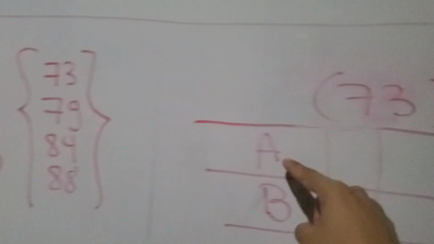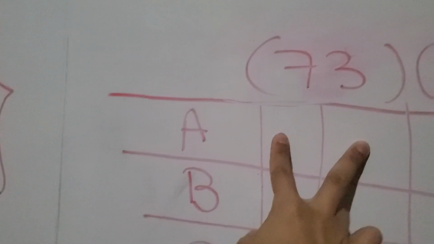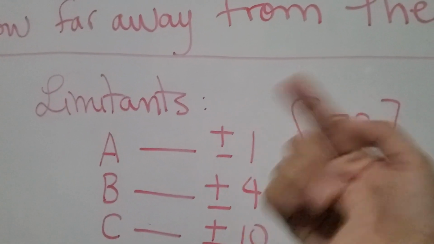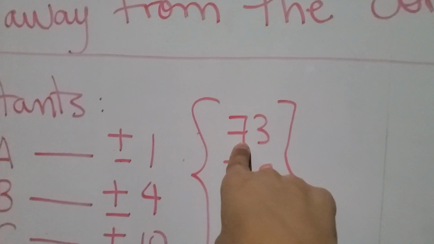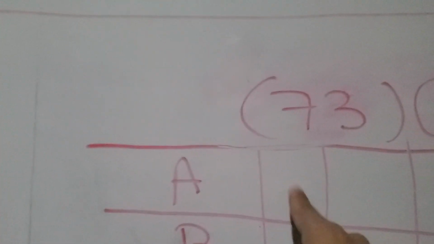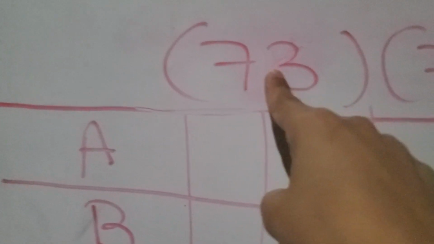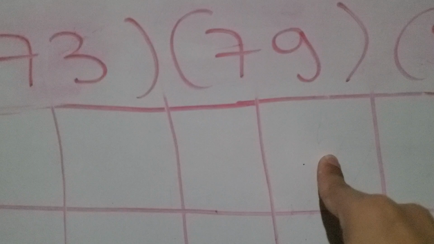Now, you call them A, B, C because there are 3 guesses, and the first guess is 2. Why 2? Well, because it says 1 away. It doesn't say 1 plus, as in 1 higher or 1 lower. It says 1 away. This means that it could be 72 or it could be 74. This means for A, you add and subtract 1. This will give you 72, 74, 78, 80,